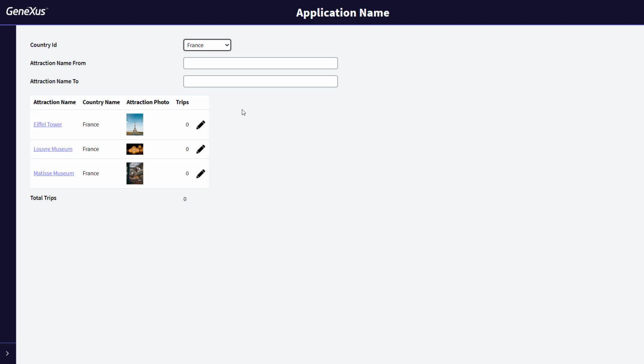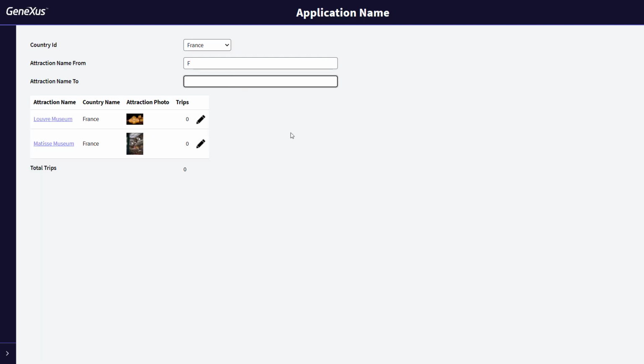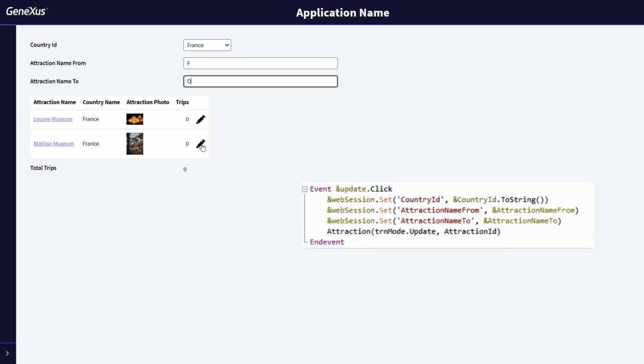As attraction name from filter, we enter the letter F, and at that moment, the refresh event is triggered again, followed by the load event. And finally, in the attraction name to filter, we enter the letter O. We select the update action on the Matisse Museum attraction, and at that moment, the update.click event is triggered, in